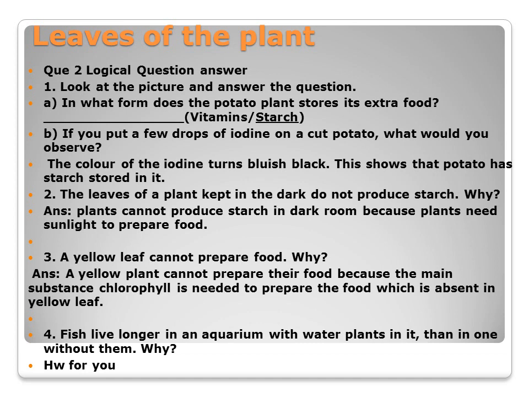Second one, the leaves of a plant kept in the dark do not produce starch. Why? Plants need sunlight to prepare food, but in a dark room sunlight is not there, so they cannot prepare their food. Third question, a yellow leaf cannot prepare food. Why? The yellow leaf cannot prepare food because the main substance, that is chlorophyll, is absent in the